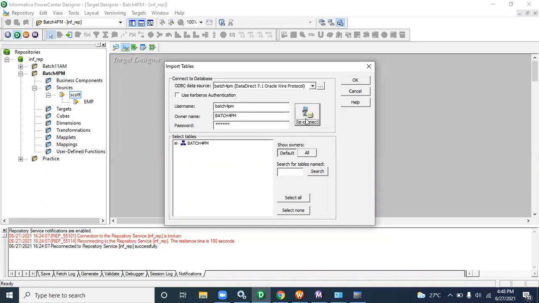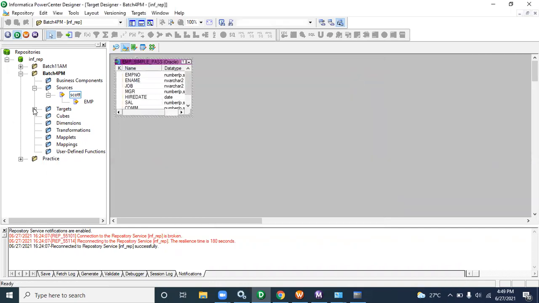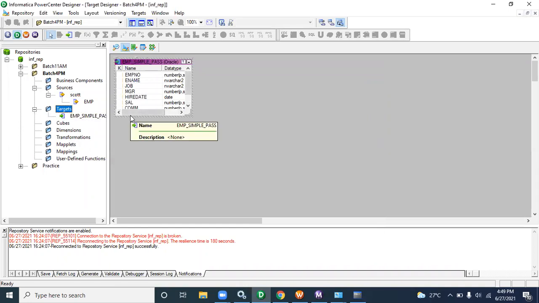Thanks, Prasant. Okay, I didn't see. Just select and click on OK. Now you can get source and target, right? So where you want to extract the records from EMP, extract the records, and you want to load the data